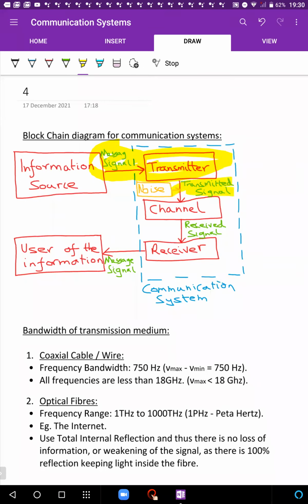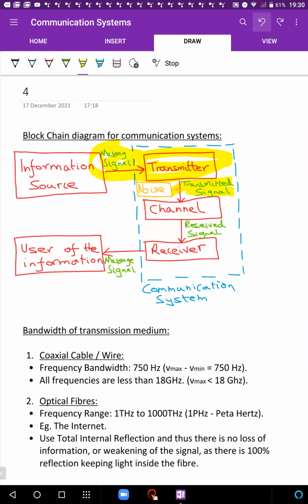So now this is light. Okay, the transmitter is now emitting light. Those lights are passing through the channel, which is free space right now. It may pass by some towers, which will act like repeaters, and they'll ultimately send that light radio signal to your receivers in your phone. Okay, then your phone will from that extract the message signal. So it'll convert the radio wave into a voltage, and then your speaker will convert that voltage signal into sound again, and you will be the users of that information. So that's your communication system.